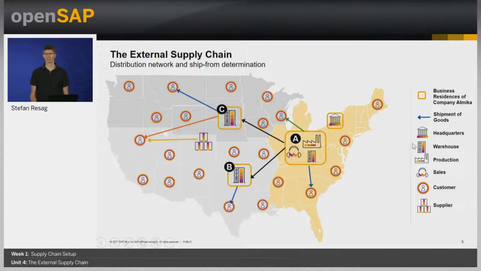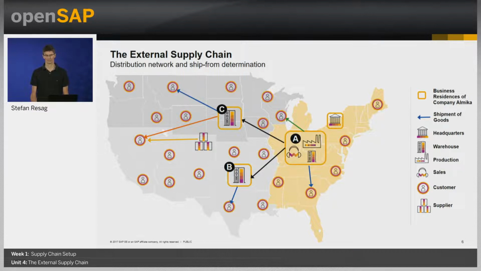Now that you've understood how business partners are modeled, let us have a closer look at what we call a distribution network. Our company Almica has 3 warehouses from where goods can be shipped to the customers. You can see them highlighted with A, B and C. To save transportation costs and to shorten delivery lead times, it makes sense to ship the goods from the nearest